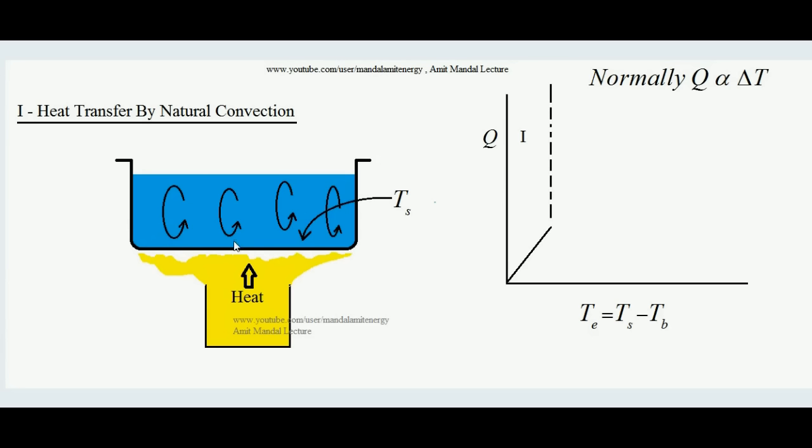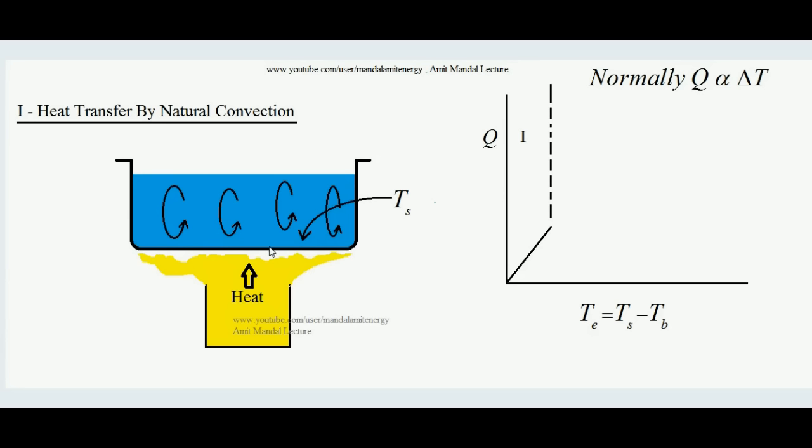The reason is that we know density is given by mass upon volume. Suppose a mass m of liquid is over this immediate surface. Due to absorption of heat, that mass's temperature is rising. So due to the rise in temperature, the volume will increase, because anything which is heated, anything whose temperature rises, generally its volume increases. So the liquid in immediate contact with this inner surface will expand, and its density will drop, because density equals mass upon volume. For the same mass, if volume is increasing, then density is decreasing.